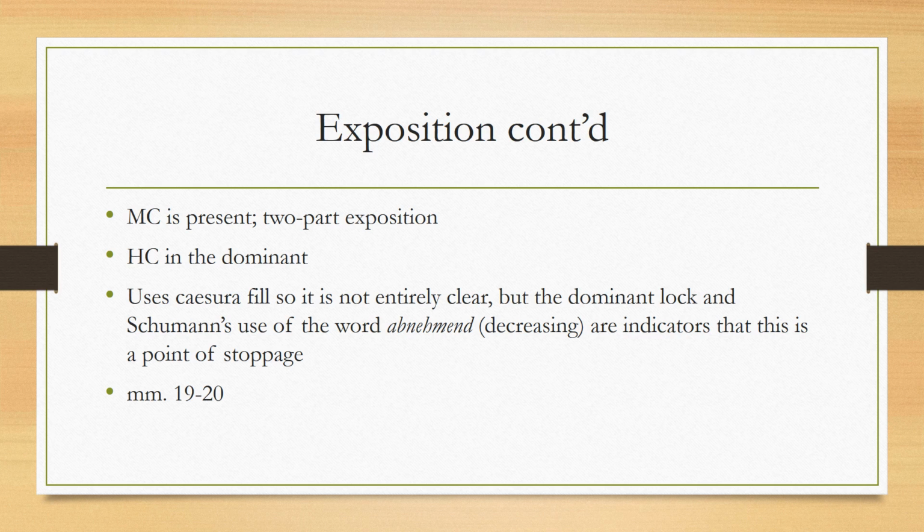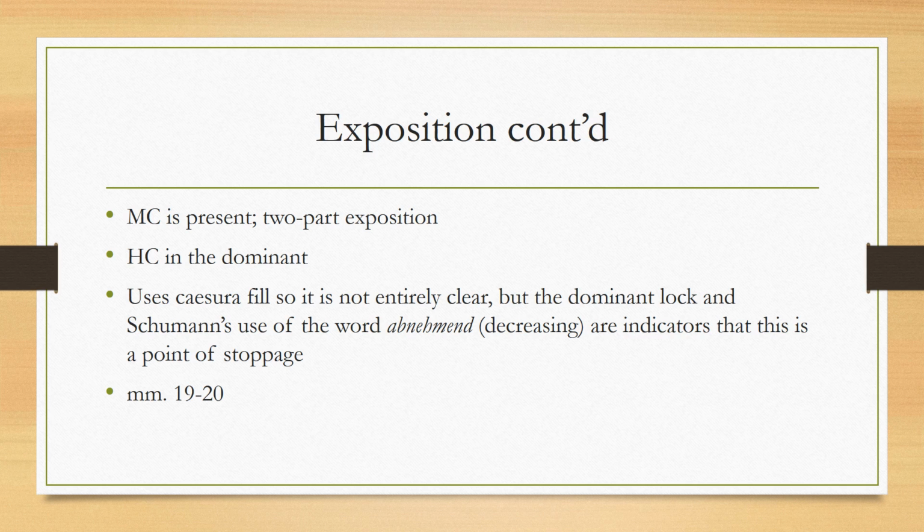So the transition leads us to the medial caesura. The MC is what confirms that we have a 2-part exposition, and it takes the form of a half cadence in the dominant key. It does use caesura fill, meaning that the MC doesn't have any sort of rest after it,